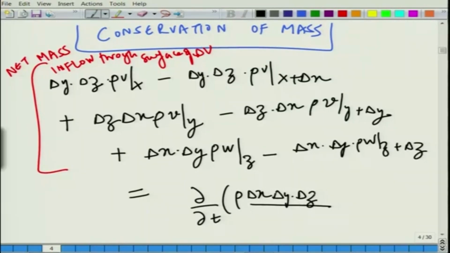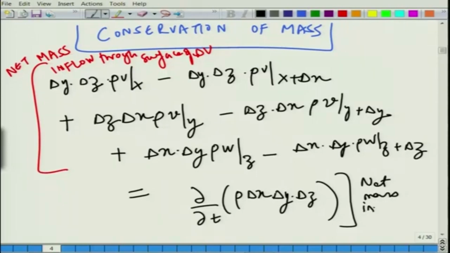So, if you take the derivative of that, that is basically kg per meter cube into meter cube. So, what we get by this is kg per time, the temporal rate of change. So, this is then equal to the net mass increase